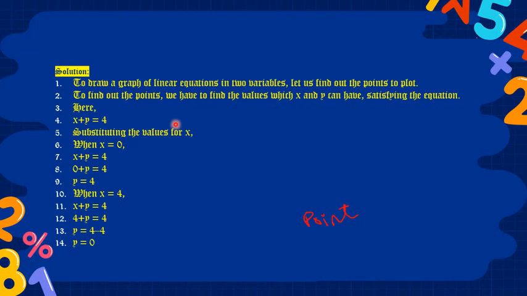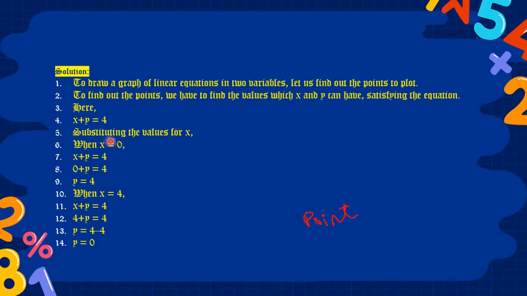You can understand that, so I will repeat. First we have to find the values which will satisfy x and the values which will satisfy y. Understood? Then you can solve the answer. It is easy. When you understand how to satisfy the values of x and y, you can solve the problem.